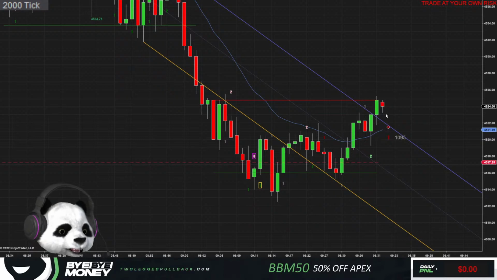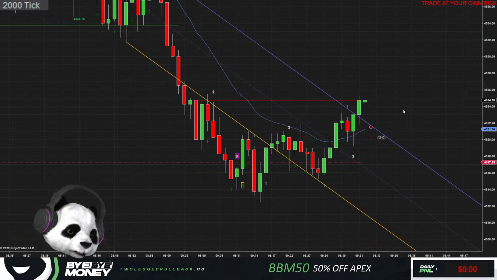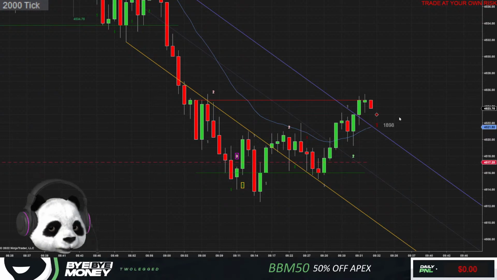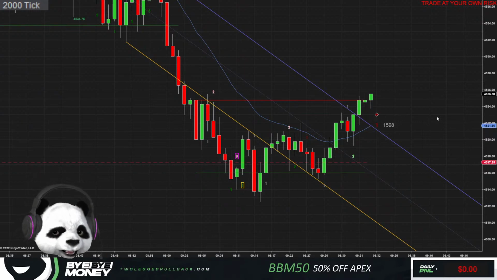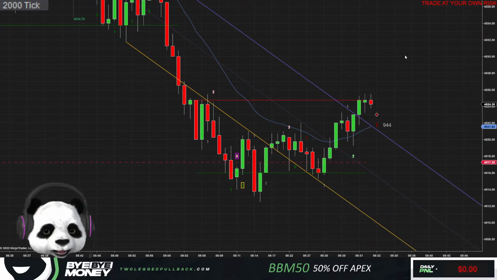We could try to make a reversal here. Market may try to do that. I'm not going to take a reversal though. I'm not looking for a reversal right now. I'll look for a failed reversal. Signal bar is not that good. We just broke this trend. I'm going to see what the market does here. We have first break of this trend.